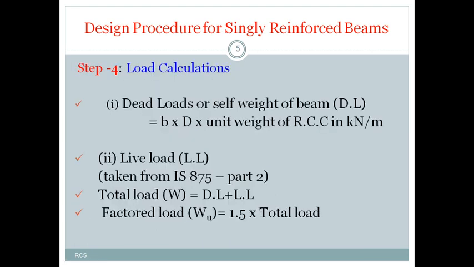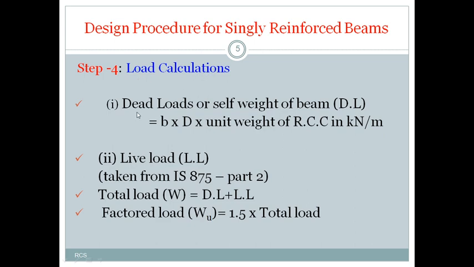Next, step number 4 is a crucial step, that is load calculation. Based on these loads only, we can design the sections of a member. As we know, design means determining the cross section of the member and providing what amount of steel reinforcement we can provide in the member. That is nothing but design. Finally, we calculate those three values only, that is B, D and Ast. To calculate those values, a very important parameter is the calculation of loads.